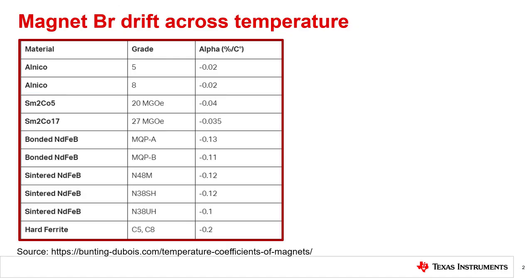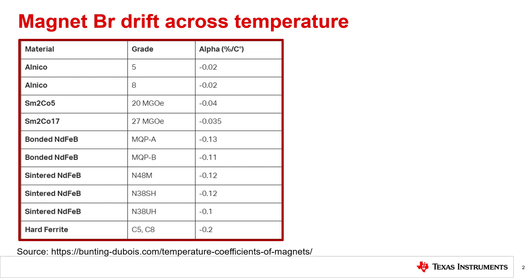The residual magnetism or remanence of a permanent magnet is an indication of the magnetic flux density of the magnet and is denoted by the letters Br. The remanence of a permanent magnet will change based on the temperature. This change is often defined as a negative temperature coefficient or as a positive reversible temperature coefficient in terms of either Br percent per degrees Fahrenheit or Br percent per degrees Celsius.